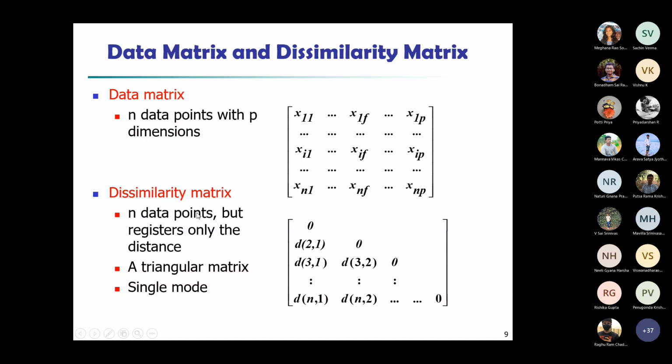Now, what is the dissimilarity matrix? It is distance calculation. If you remember your single linkage or clustering algorithms, you would have done this distance calculation of each point to each other point. That matrix you represented was your dissimilarity matrix. Usually it's a triangular matrix because whatever you find here is actually the same. It's symmetric, the same content, because the distance between 2 and 1 and between 1 and 2 is the same.